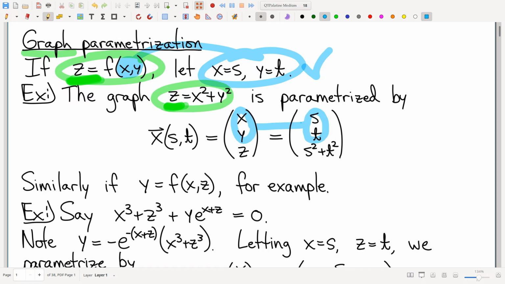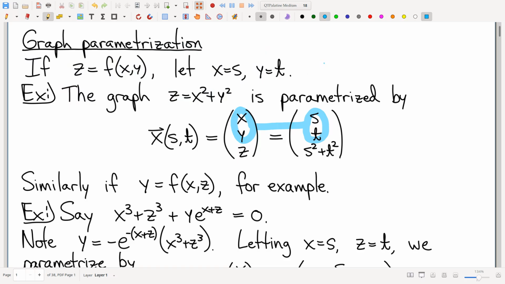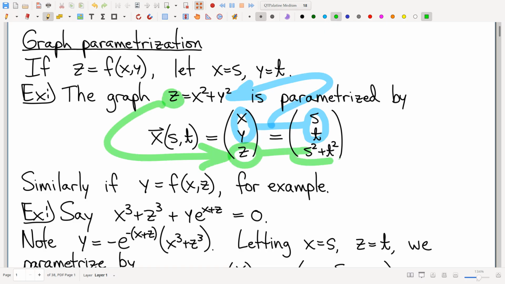And I claim we've already won. It's all over. We just have to run it into the end zone here. But we've already won, because if x and y are s and t, plug that in there, and then z has to be that, and we win. We have position